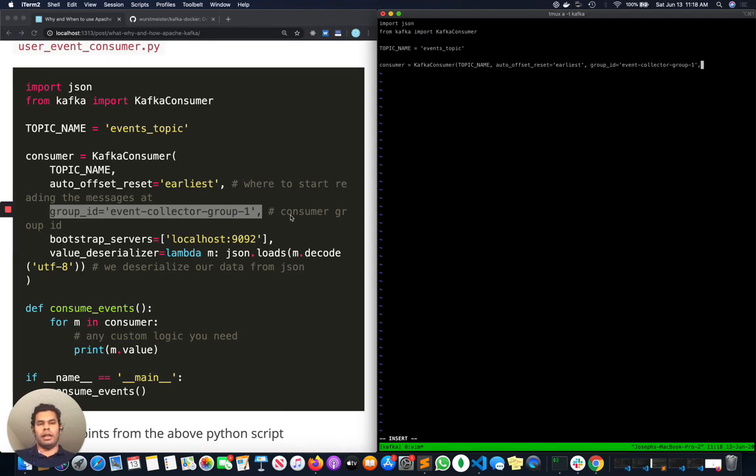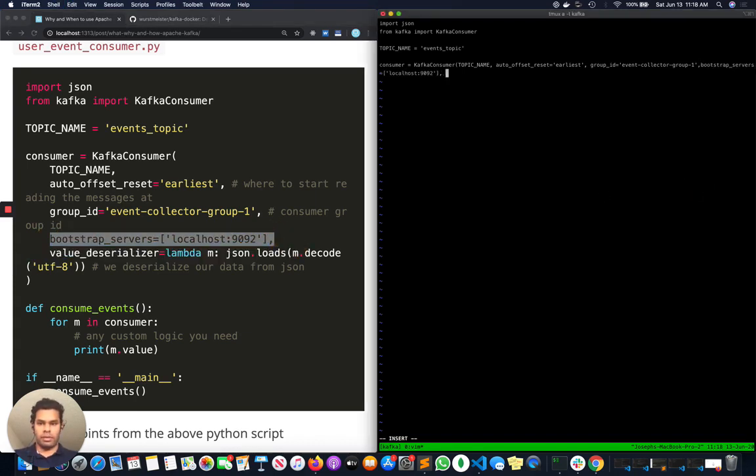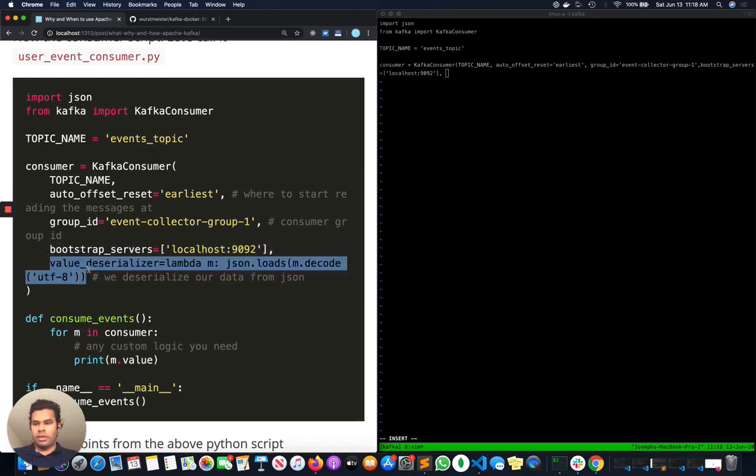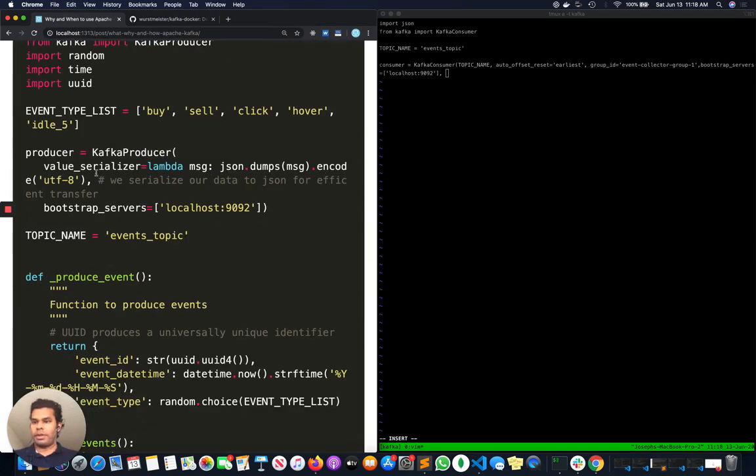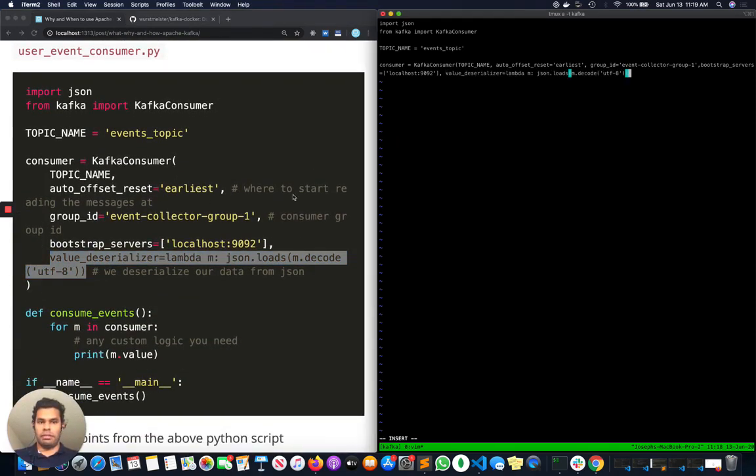We will see it in more detail in a little bit. And then let's copy over the Bootstrap server, again communicating with the cluster, and value deserializer. So if you remember, in the producer we serialized it, and in the consumer we are deserializing it. It's basically it. So that's the consumer,